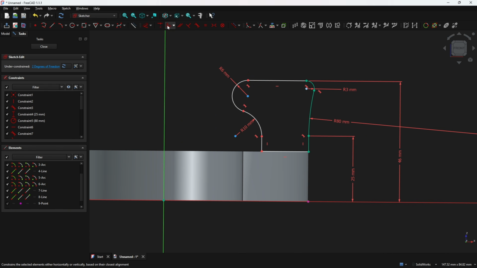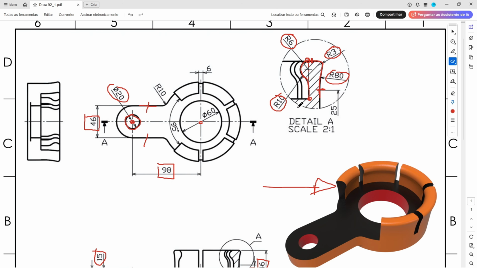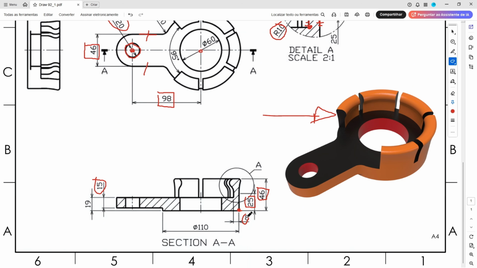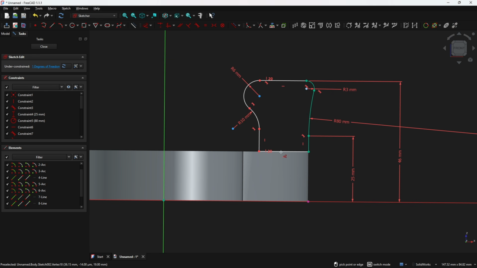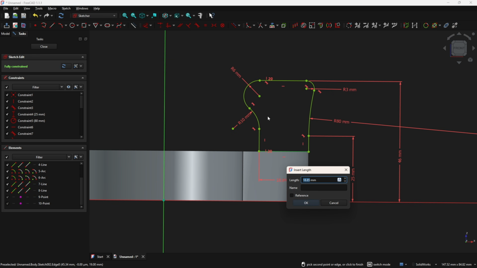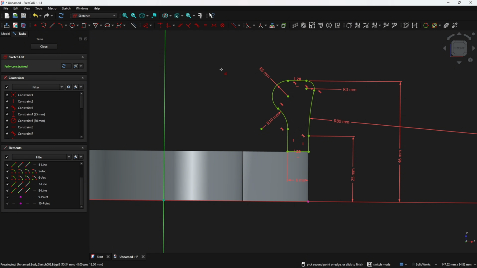And here go to constraint, select horizontal vertical, select this point and this point here. And make sure that this line is a vertical line. And the distance between this line here and this one is 8 millimeters, okay? So go to dimension. This line here has 8 millimeters of length. Okay, that's okay. And now leave the sketch